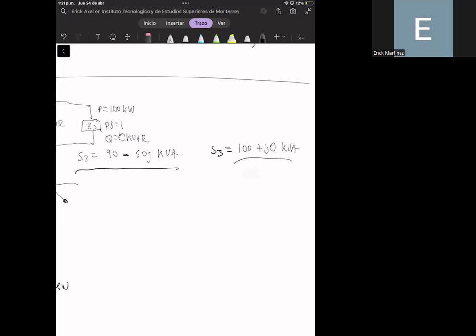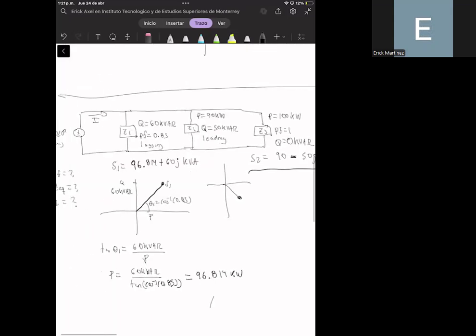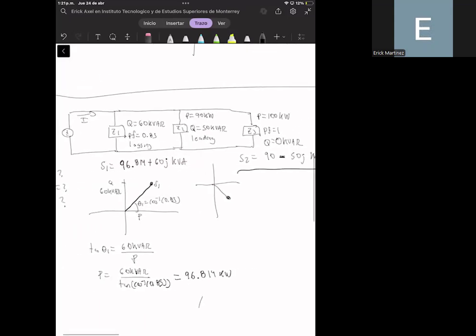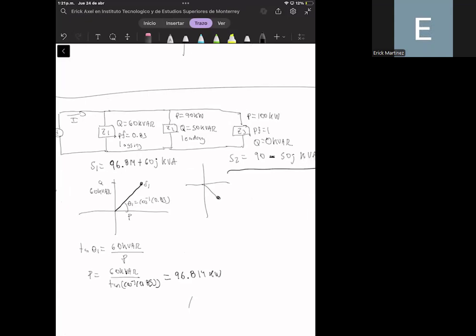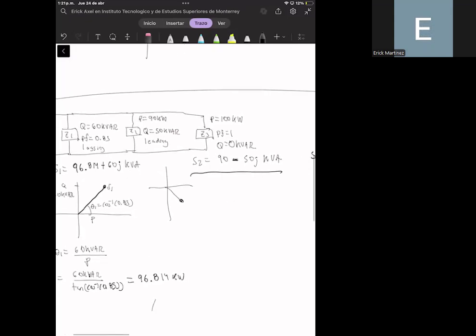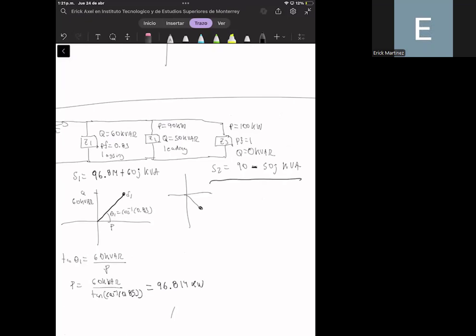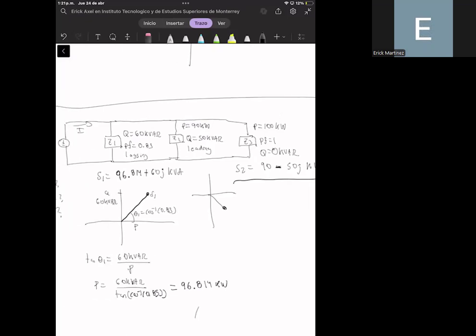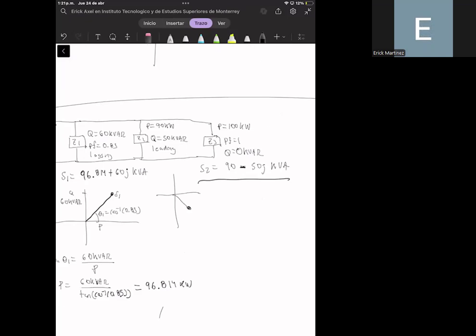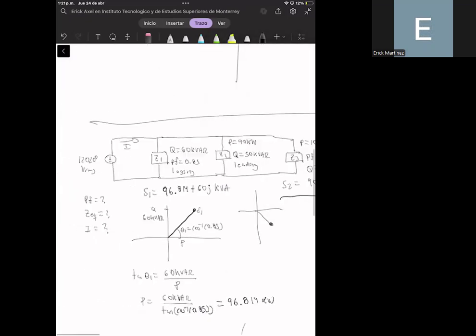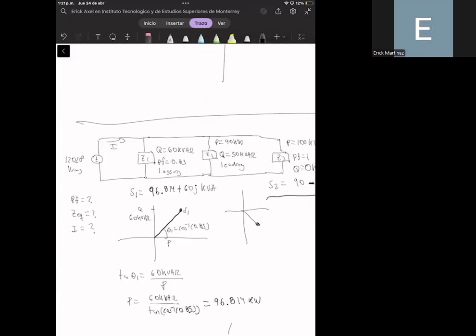So this is their complex power. Now, the first question was to compute the power factor of the equivalent of the three loads. So what we can do is add together each of the powers. We can add together the power of this load, the power of this load, and the power of this load. In fact, if we add together these three complex powers, you will obtain the complex power of the source